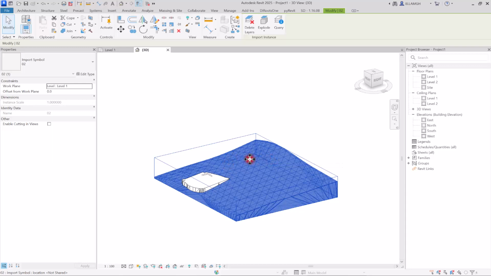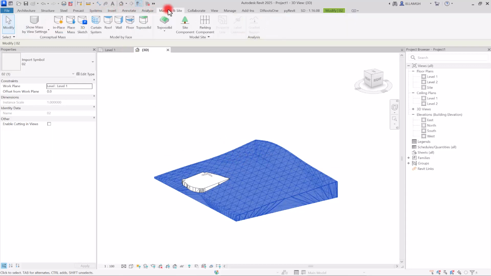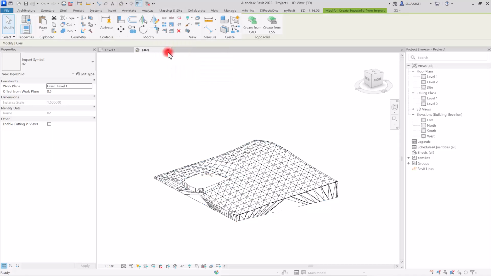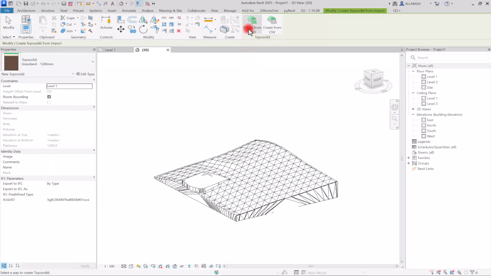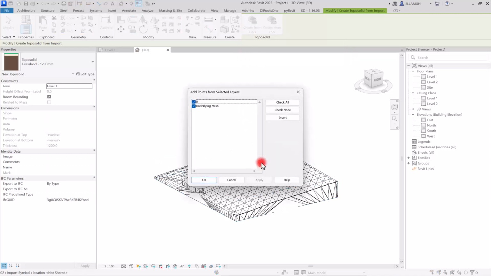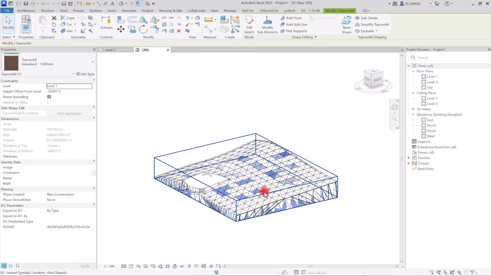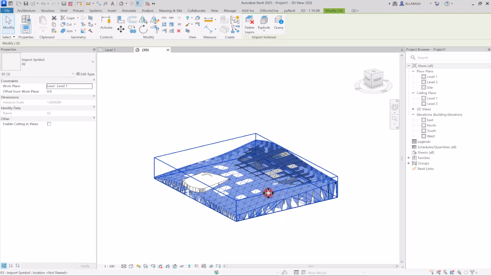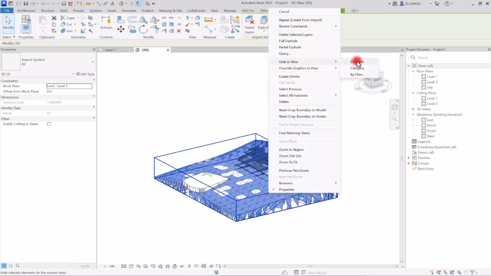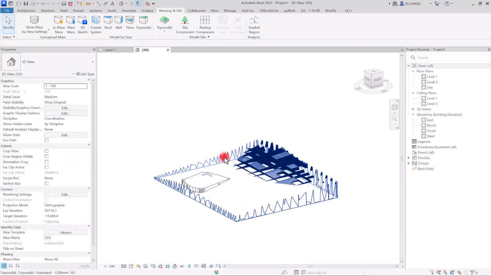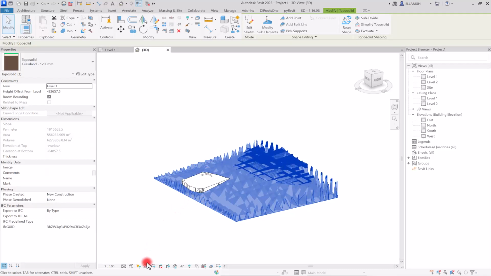But I want to first turn this into a topography, so I'm going to go to Massing and Site, and in Toposurface, Create from Import. In here we are going to click on Create from CAD file and select this CAD file, uncheck this one and click on OK. So if I want to show you this, I'm going to hide this section,